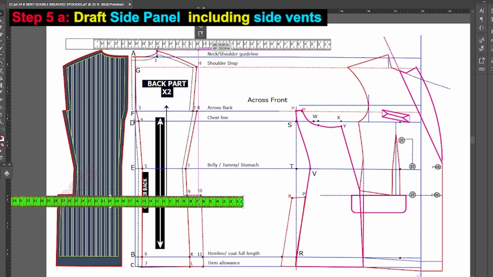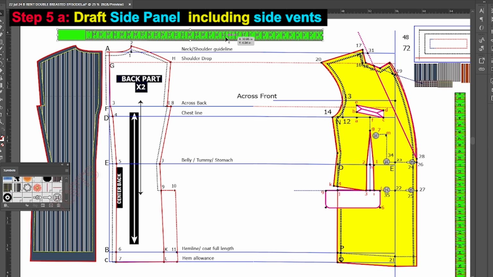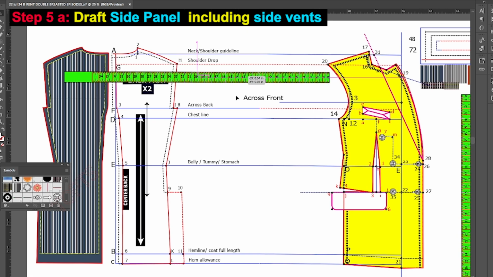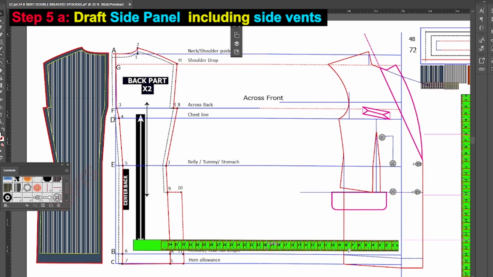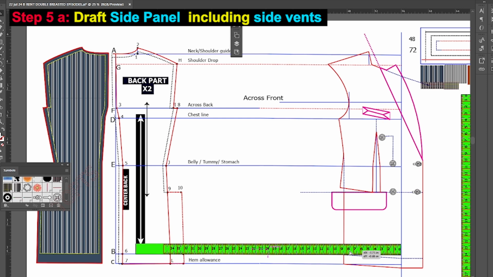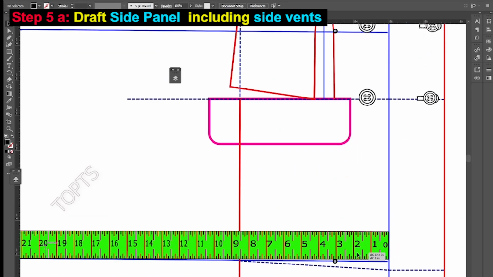So let us continue with inserting our ease allowance to this pattern. At the center front button guideline, let us add wearing ease allowance of 3 inches, typically to key areas such as the hips,